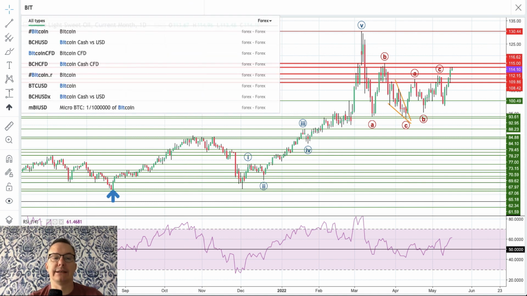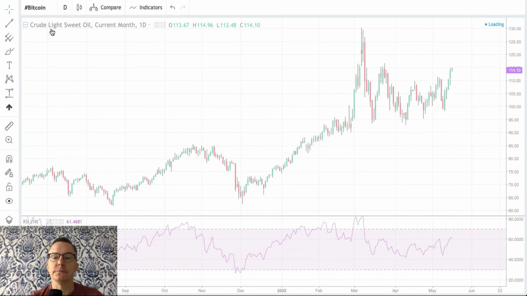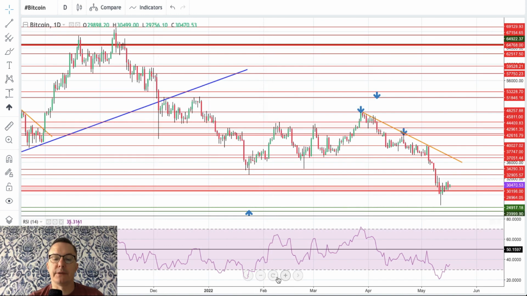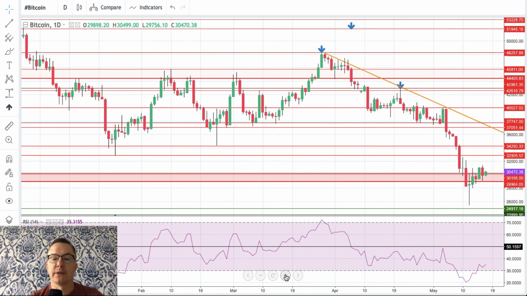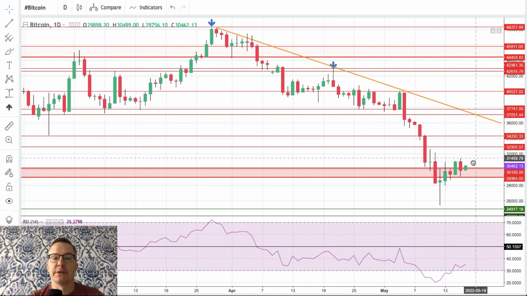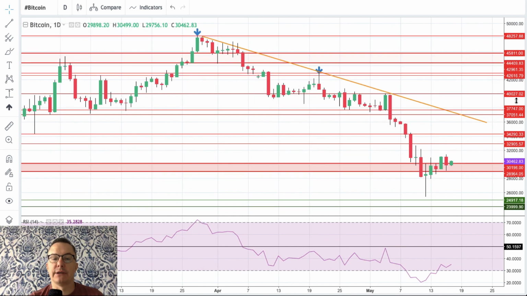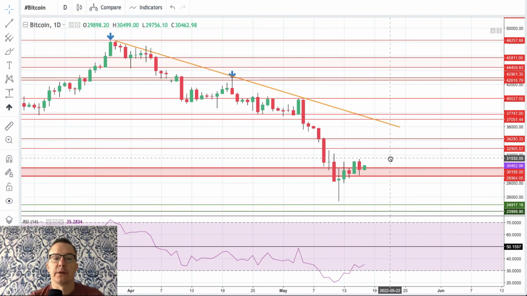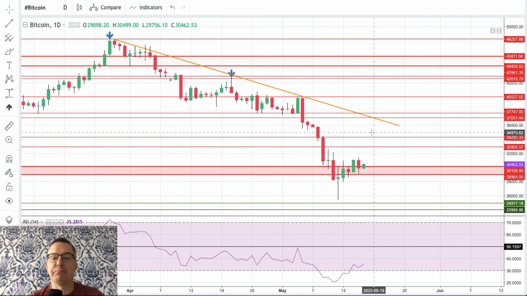And last but not least, let's take a look at Bitcoin. What is Bitcoin doing? Well, Bitcoin is trying, as you can see, to bounce from the extremely oversold market conditions. However, it didn't work that well, and we are oscillating around the level of 30,000, around the last key long-term technical support, now violated. So everything now depends on the bulls. Will they or will they not extend the rally, extend the bounce higher towards 32,905,